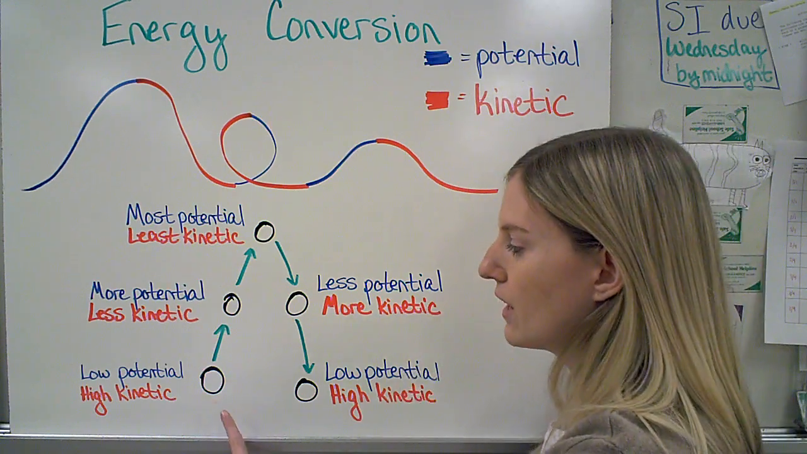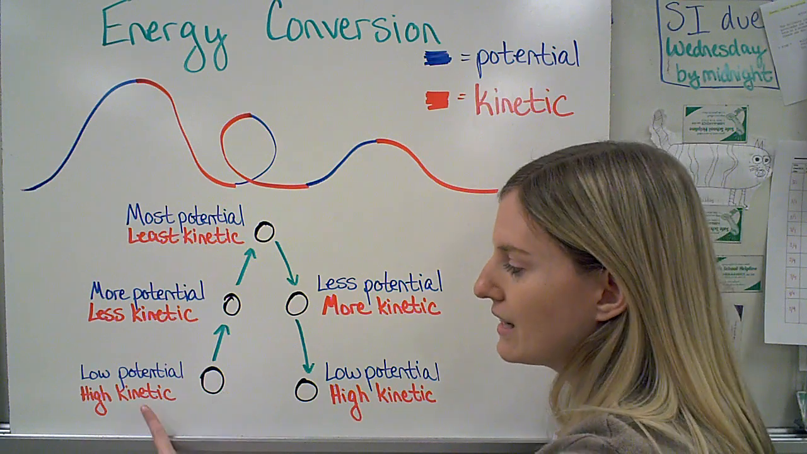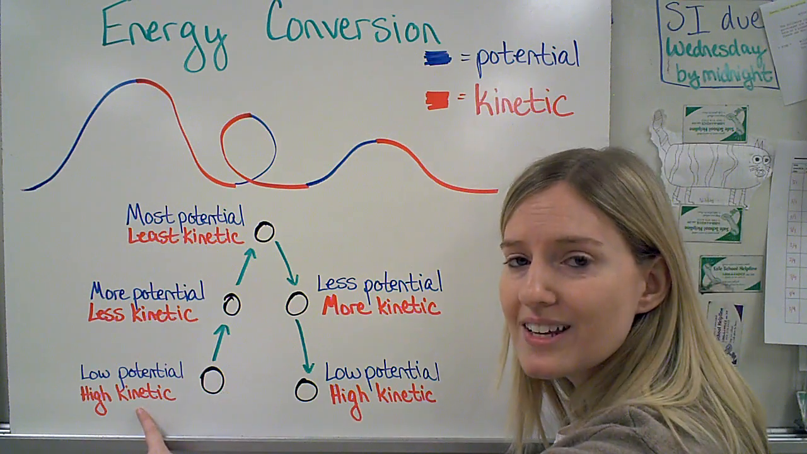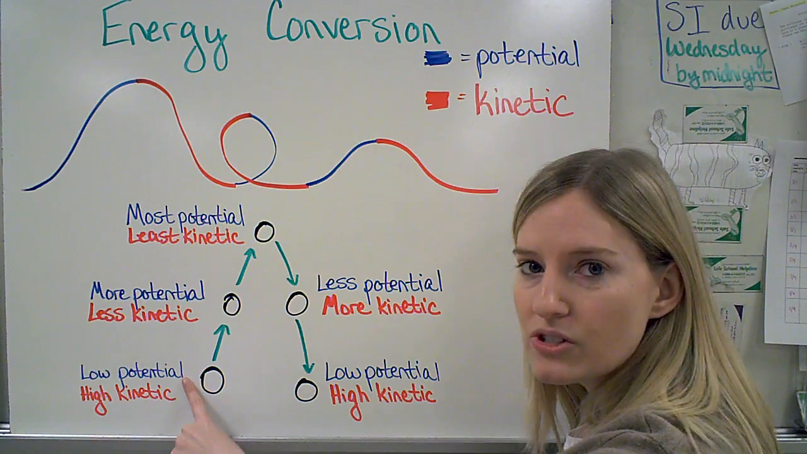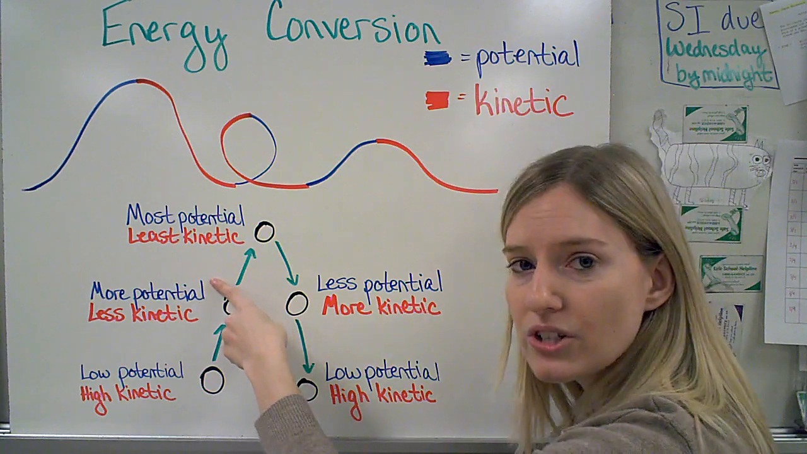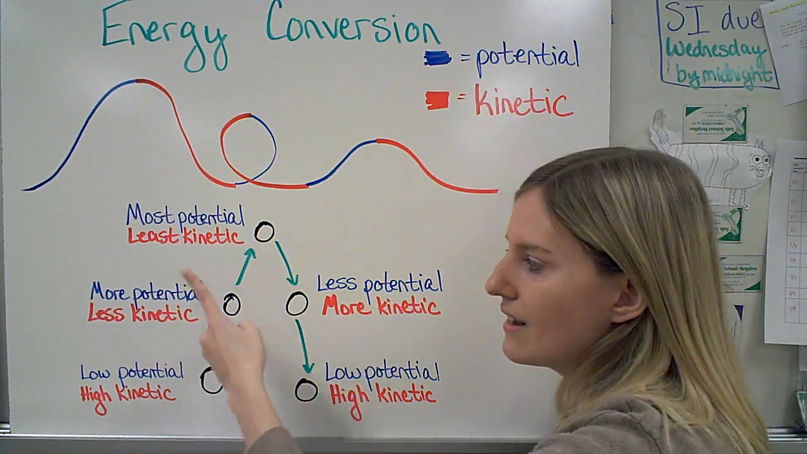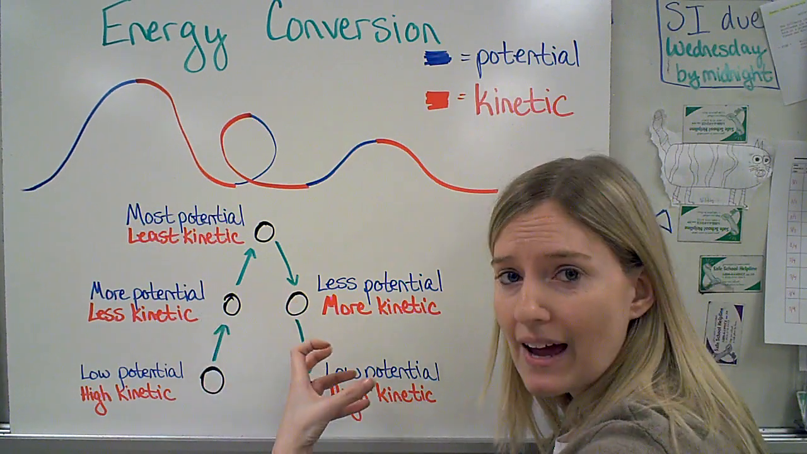Here's another example. If I have a ball and I throw it into the air and then it comes back down, at the beginning I have a large amount of kinetic energy because I just gave it that push upward. And it has a low amount of potential because it's close to the ground. As it gets higher, I've increased my potential energy because I've increased my height. But I have less kinetic energy because, as we know, gravity is trying to pull it back down, so it's